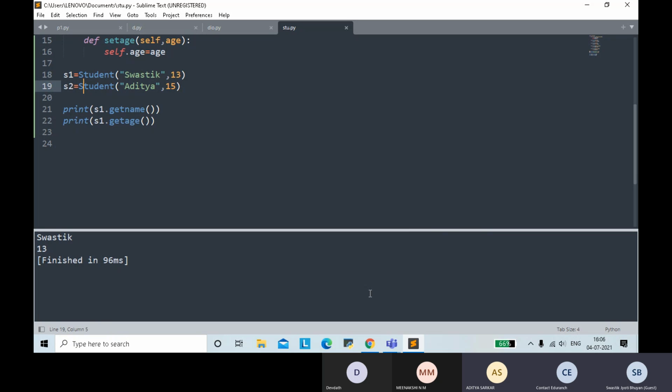Now let's see how you change. The quiz is: how do you change Aditya's age to 20? Quick, 30 seconds. Don't stop the screen. Do it right as it is. Change Aditya's age to 20. Devdutt, are you typing?